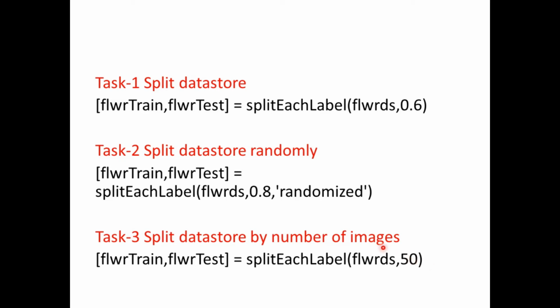For that we mention how many inputs to be used from each class label for training. So I say, for the flowers category for training and testing, split each label such that 50 images of each category need to go for training. The remaining, however many there are, we can use for testing, or we can reuse the images to make sure the numbers are equal, that is the leftovers. But if we have an uneven number of category labels in the data set, it is mandatory to avoid biasing, so we set the number of images to be used for training from each particular class.